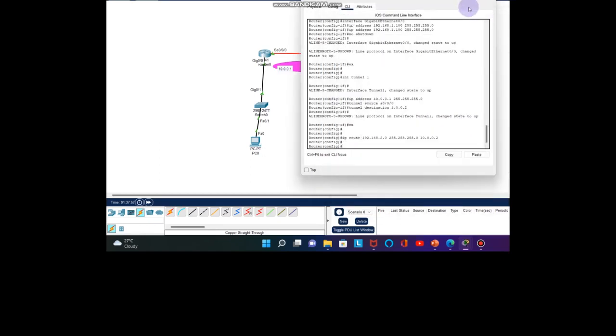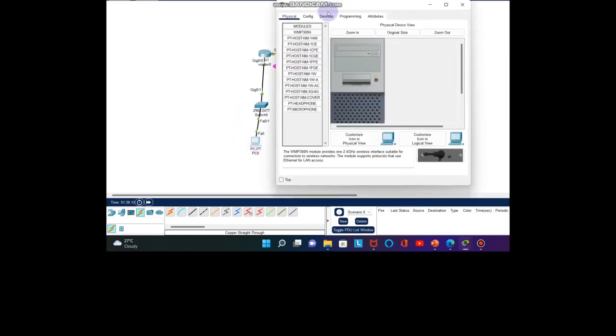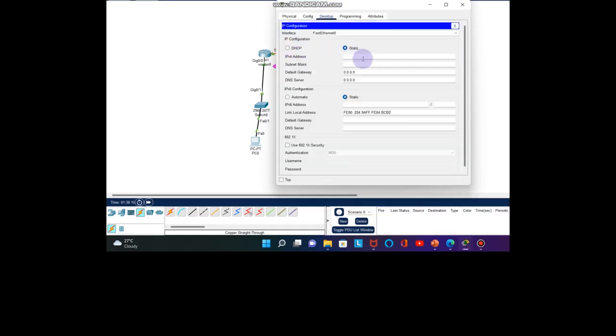Okay, so we'll check now whether the pinging is happening or not. We'll check from this PC to this PC. Still we have not given the IP, sorry. We'll give the IP to these PCs. So I have to give the IP to this PC, that is